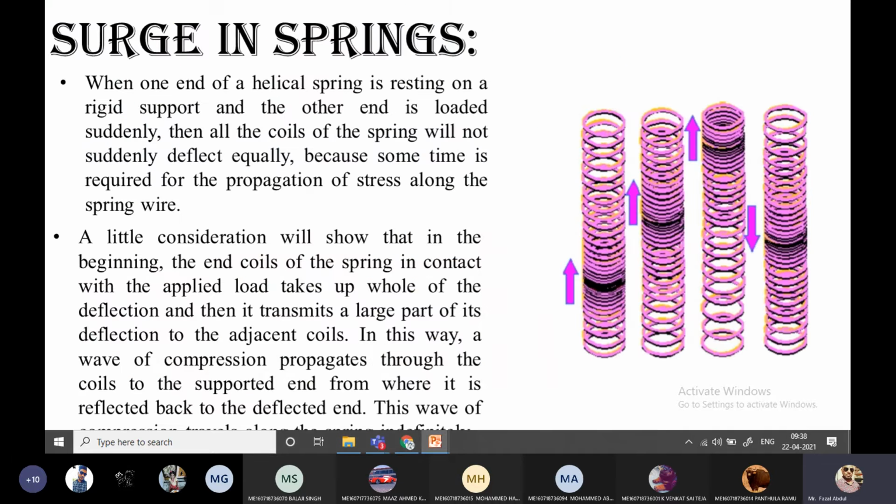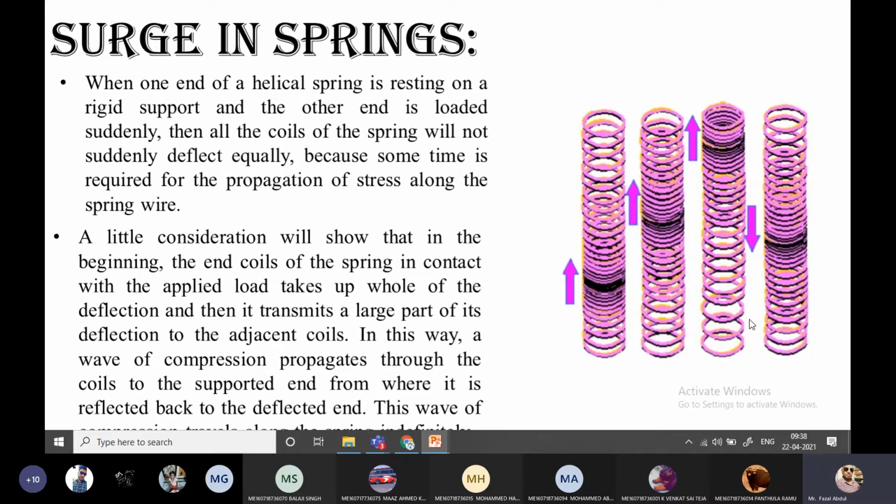One of the three topics is surge in springs. You can expect surge in a spring for the 2 marks short answer question. Otherwise, in the long answer question also you can expect this one. In the long answer question, only A, B, C type questions will be given, so in that also you can expect surge in a spring. This is an important concept. Surge in a spring is nothing but